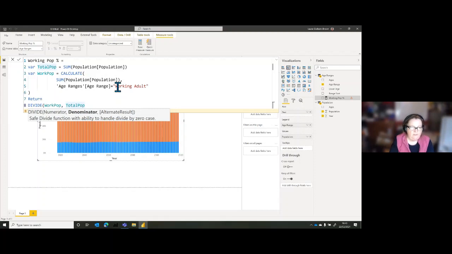The denominator, as my maths teacher used to say, is down the bottom, so that's why it begins with a D. And if it returns an error, a divided by 0 situation, I just want it to return a 0. That sounds sensible to me. So, good habit, get used to using divide. And press return.